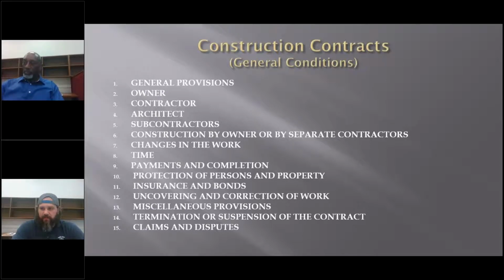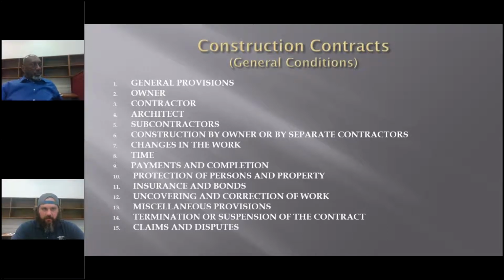And honestly, I've had some of our general contractors, it's almost every project, even if it's a small overhead door or a hollow metal door or something going into a building, we still have a roughly 15-page contract to go through to make sure that all the i's are dotted and t's are crossed, so to speak. So general contracts usually have 14 or 15 sections going through general provisions and general conditions is always the first